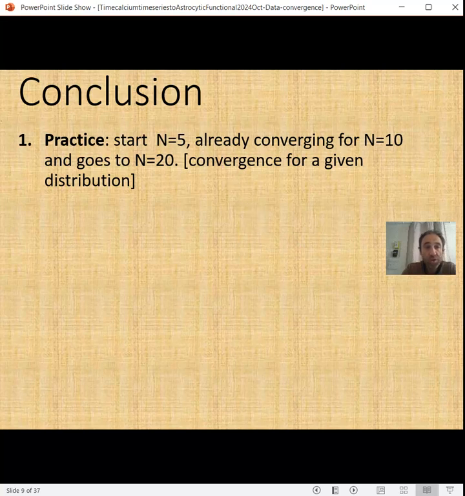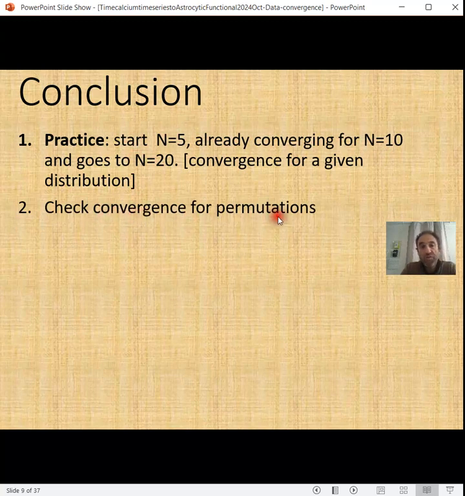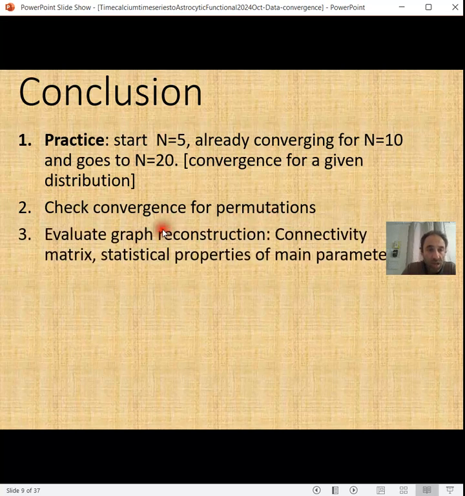So in conclusion, in practice, you can split your data sets. An example is N equals 5 for the kind of reconstruction we had. And we could already see some convergence at N equals 10, and we went up to N equals 20. You can check the convergence for permutation. This is the proof of this data convergence. And you can evaluate your graph reconstruction, looking at the connectivity matrix, the spatial statistics, and the statistical properties of the